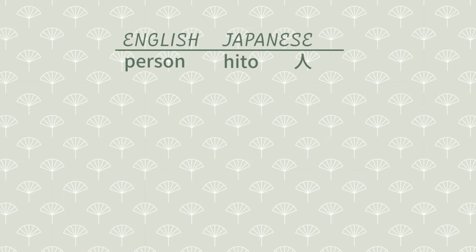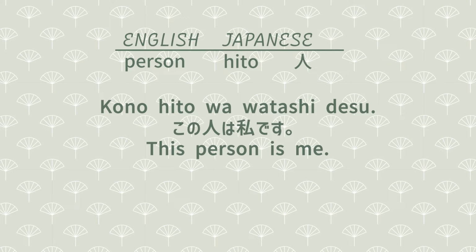Let's take a look at an example. Hito means person. 人。 We already learned the word for I, my, or me, watashi, in a previous video. Let's assume we are looking at a picture. To specify who in the photo is me, I can point and say, この人は私です。